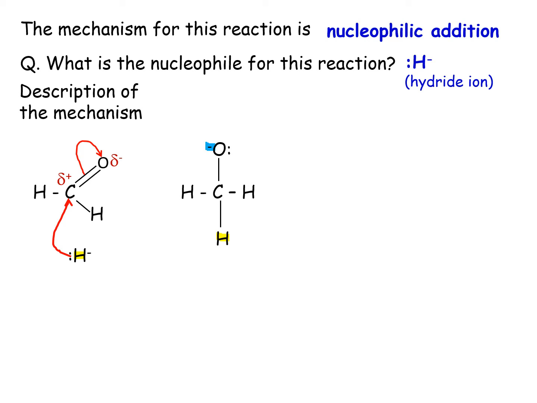Now this is our intermediate. Okay, so what they'll look for in the exam is that you've drawn that single carbon-oxygen bond and the oxygen has got the negative charge on. Now notice we've drawn a lone pair on the oxygen. That's just to get ready for the next bit, because you can see it's starting to look like the alcohol now,